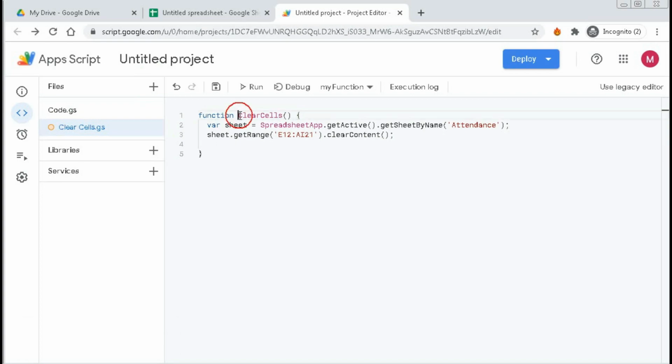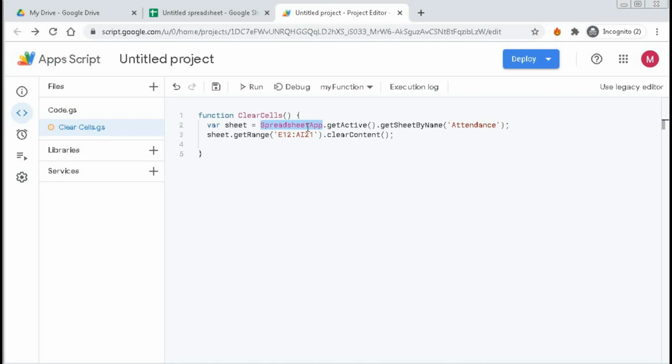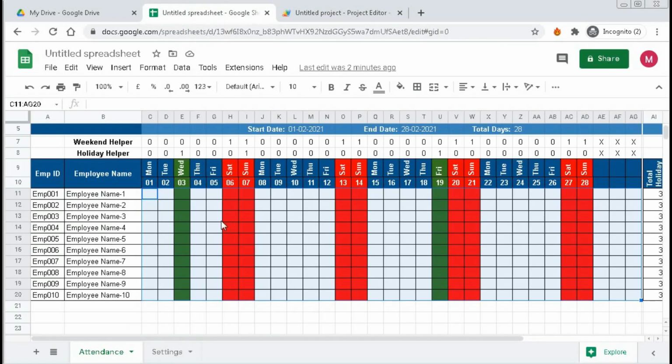The name of the function is clearCells and variable sheet equal to SpreadsheetApp dot getActive dot getSheetByName attendance. So here this variable is given the value of this attendance sheet.